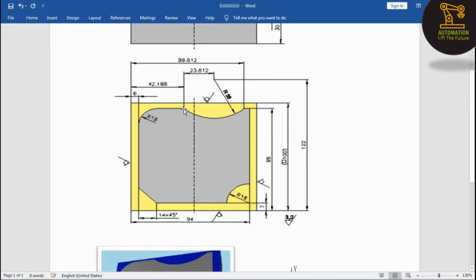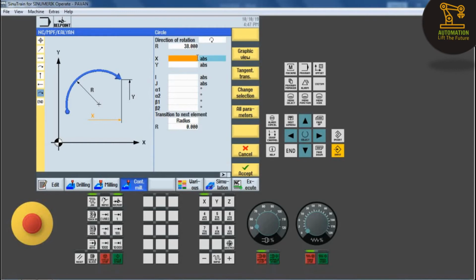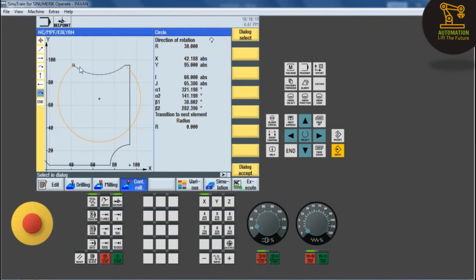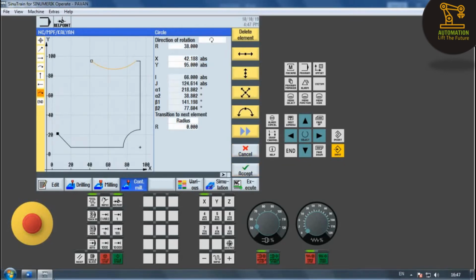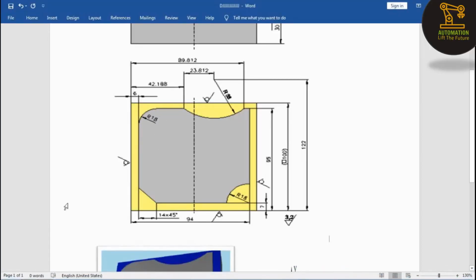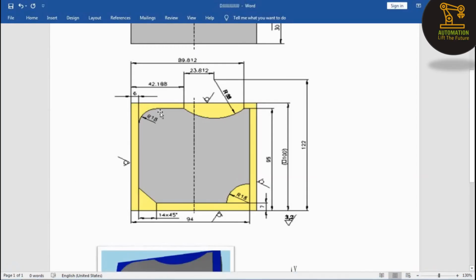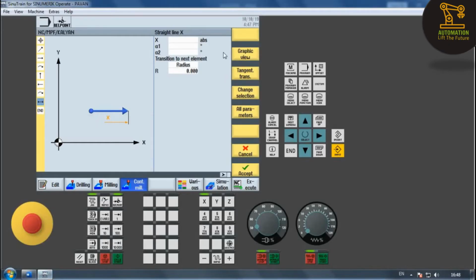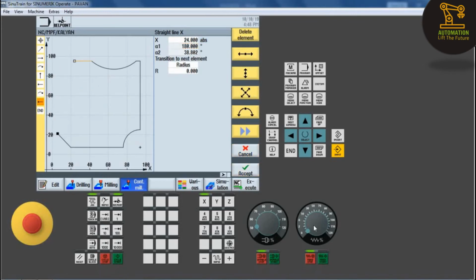And then in X direction from the reference position, here we have 42.188. We have X 42.188, and then Y 95. So dialog select, and then dialog accept, and accept the element, and then horizontal motion and click on horizontal motion, and then X is equal to, from the reference position, here we have 18 plus 6, that is 24, and then accept the element,